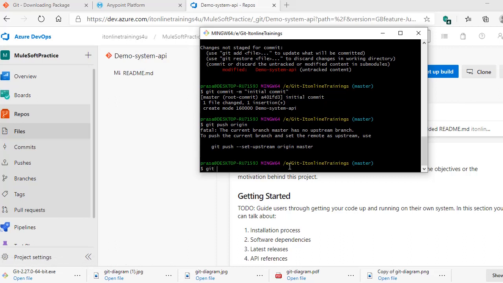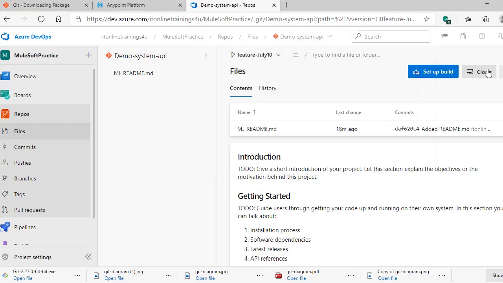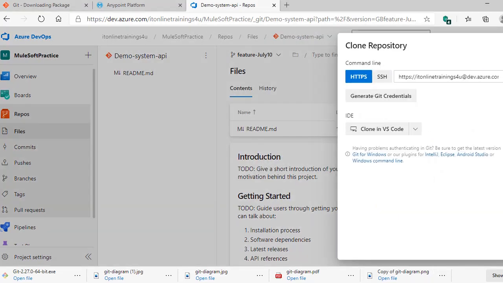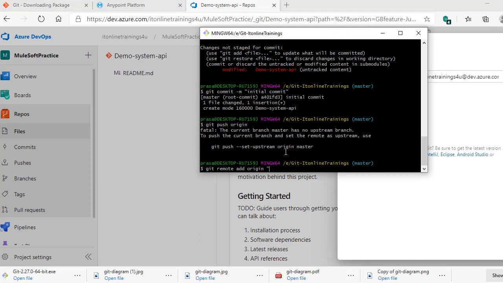To do that, we can use git remote add origin, and in the quotations you need to provide the URL of your central repository, just like the cloning URL which we have copied from there, right? You need to copy from there again.